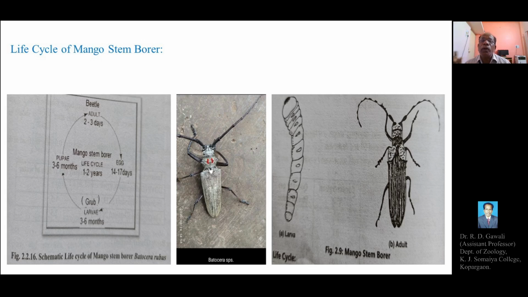In the month of May or June, this is the period of laying as well as the period of emergence